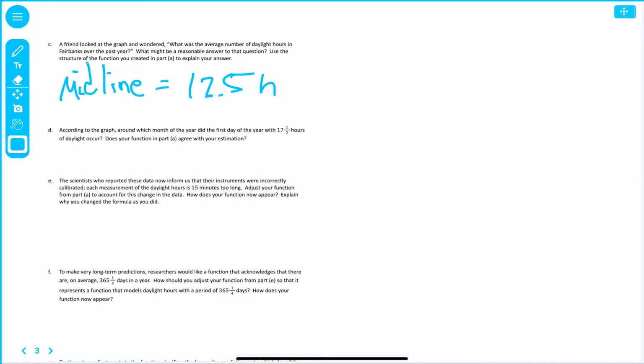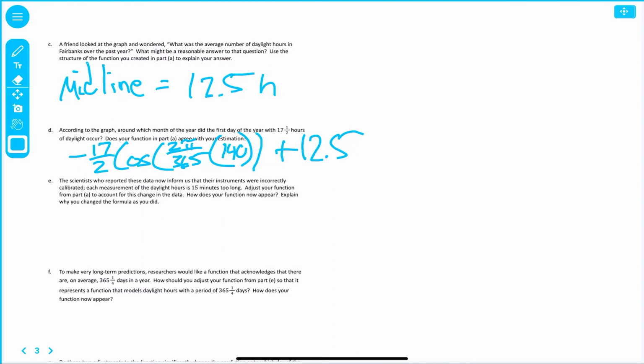So if we had negative 17 over 2 cosine, was it 2 pi over 365 times 140 plus 12 and a half? Okay. All right, if we plug that in, what do we get? A calculator, that's what we get. Right. So let's go with